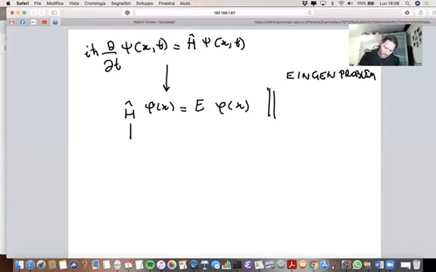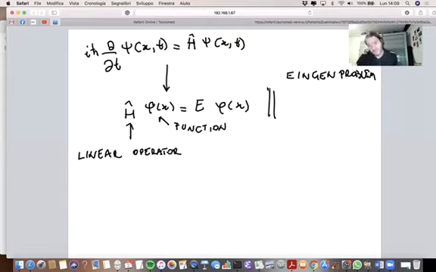Where this is called an operator acting on a function. And this operator H had the property of being linear, so we define it to be a linear operator. And at that stage, we built another analogy with linear algebra that was, this is more or less like when